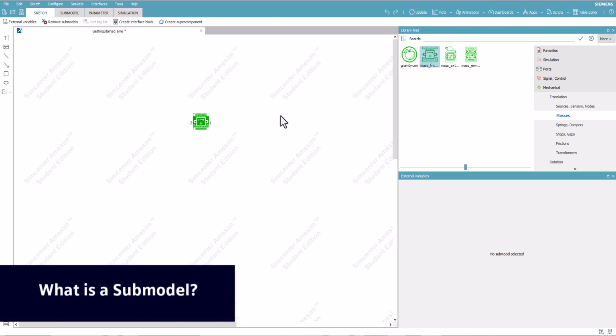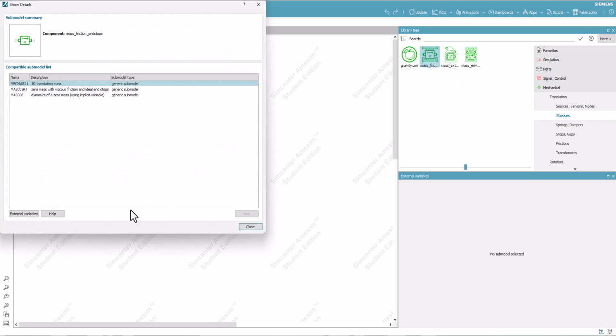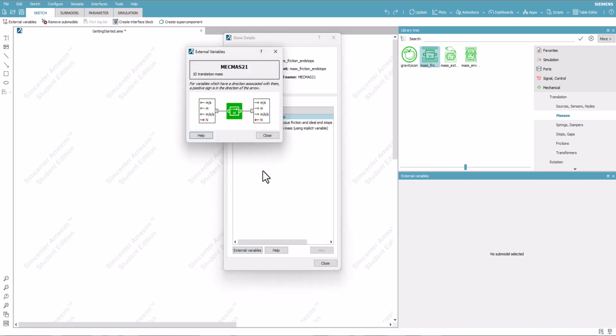Components also have submodels that are different configurations of the same component with different properties, inputs, or outputs. The inputs and outputs are the information a component sends to or receives from other components, which can be displayed for a respective submodel by right-clicking and selecting Details within the library, or right-clicking and selecting External Variables in the Sketch window.